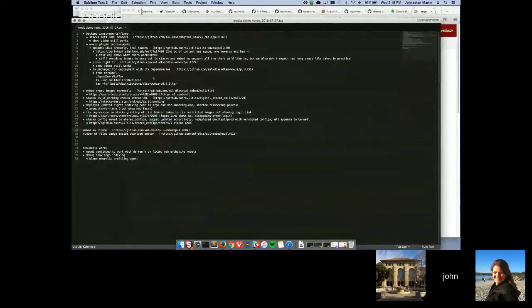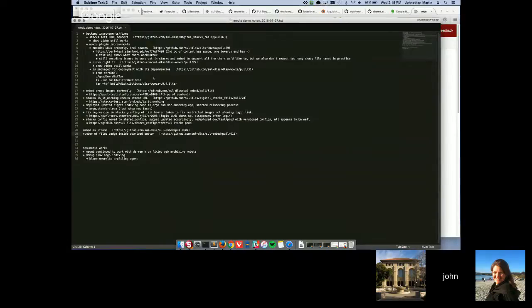Embed has been switched to always use an iframe, which I will not demo because it should be transparent, and it seems like it wasn't deployed, and I didn't want to redeploy things at like 1:50 before the 2 p.m. demo. That seemed like a bad idea. And we moved the number of files badge inside of the download button.